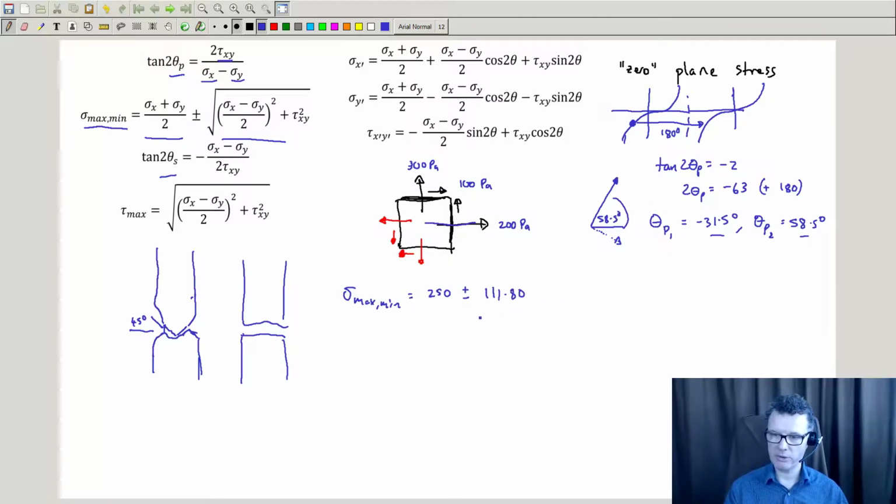So the maximum obviously will be the plus term, because this is a plus term. So that's 361.8. And the smaller value will be